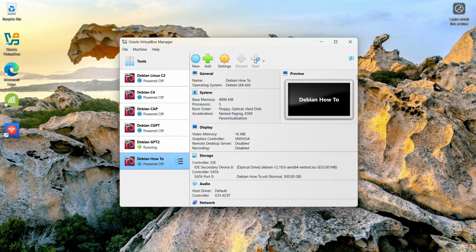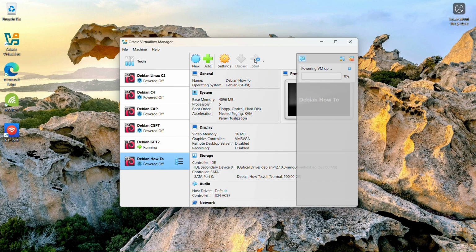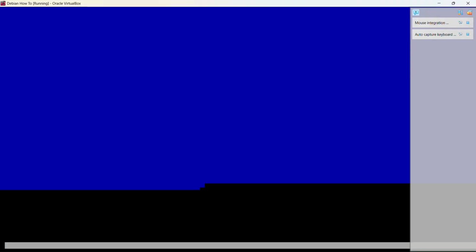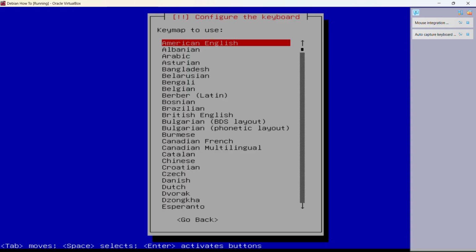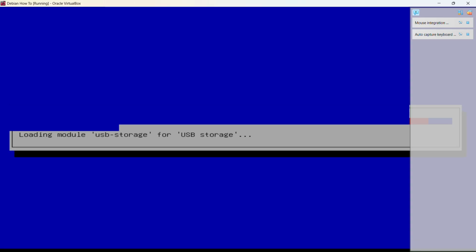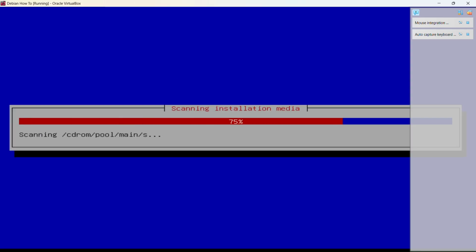We're going to start. And with this VM powered up, full screen. Okay. We'll click English, United States, American English. This should all be in place already. Let this scan. Let's load all the additional components here. After this, it will be, I believe,